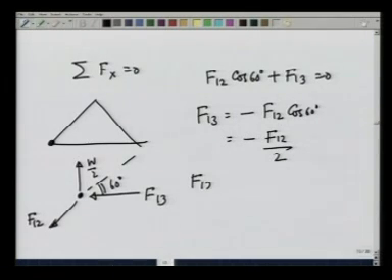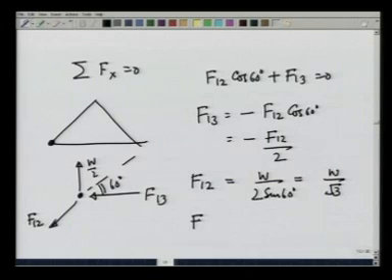F 1 2, on the other hand, we found out is equal to W over 2 sine of 60 degrees, which is nothing but W over root 3, and therefore, F 1 3 is equal to minus W over 2 root 3. I have found the forces